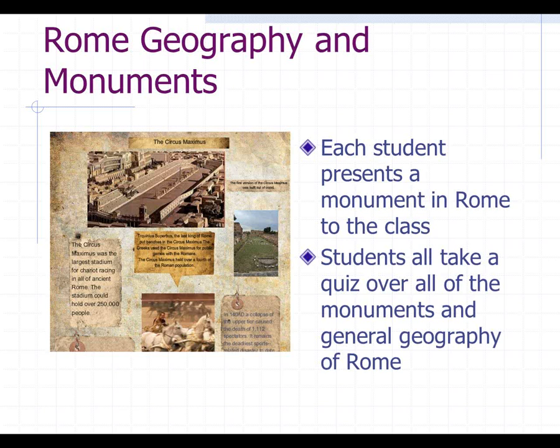Anytime that I have my students doing serious presentations in front of the class, I usually do give a quiz following it because I want the students to pay attention to each other's projects, and I've found that they just really don't care unless their own grade is resting on it as well. So a rubric for this project and a grade sheet, an explanation of the project, and a quiz are all in the folder. So you can check that out and modify it as it suits your needs best.